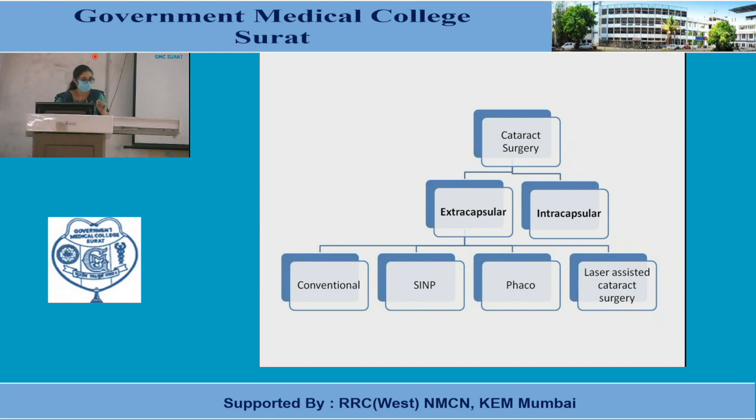Again, extracapsular cataract extraction is divided into conventional, where you are making a large corneoscleral incision and removing the nucleus, doing the cortical wash and putting the IOL. But as it is said, conventional has a very large incision, and it requires multiple sutures. Next ahead is small incision cataract surgery. That means you are doing a scleral incision, but the way it is constructed, it does not require a number of sutures. Usually it can even be done sutureless, or it can require one or two sutures.